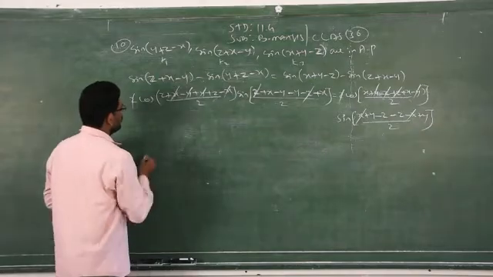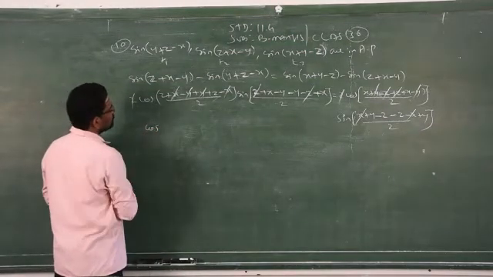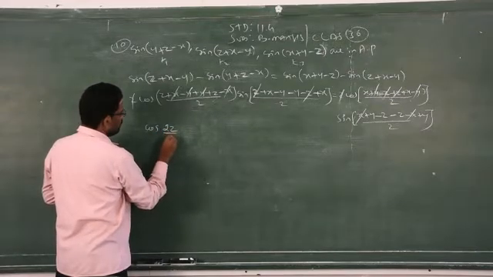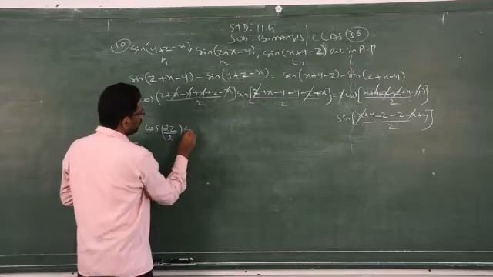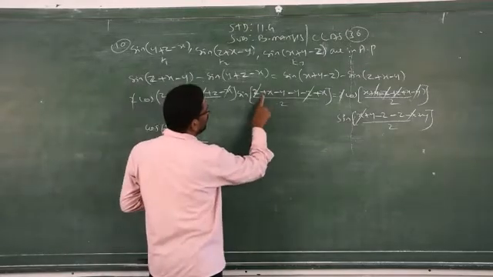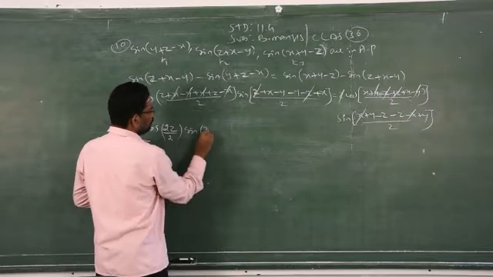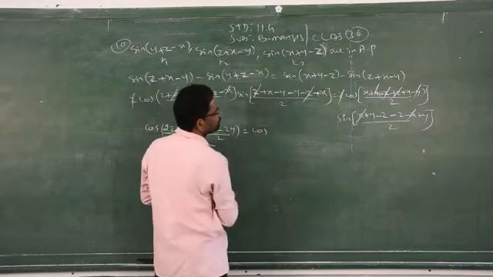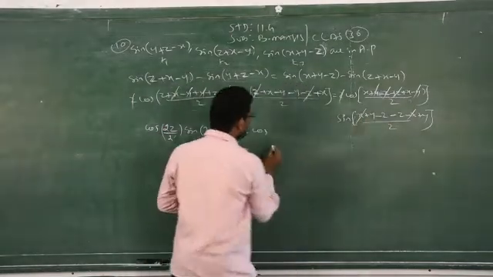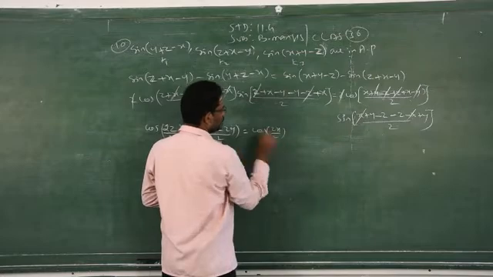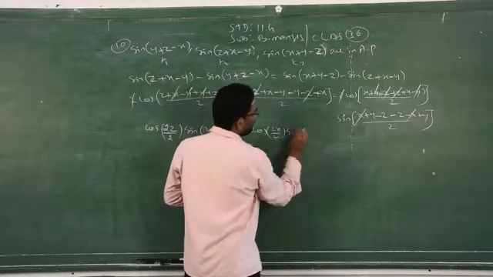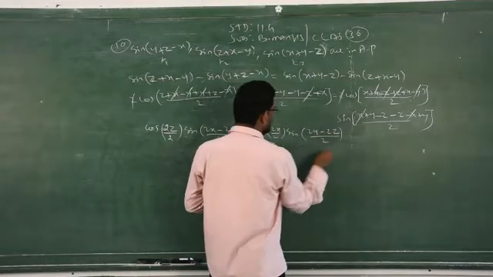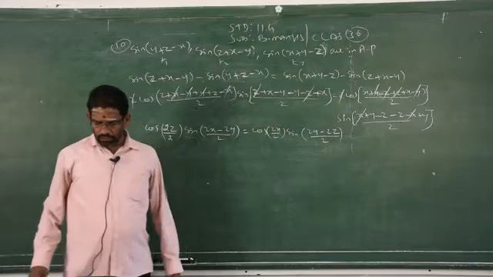So now you have to rewrite the remaining part: cos 2z by 2 sin (x plus x, 2x, 2x minus 2y) by 2 is equal to cos 2x by 2 sin (2y minus 2z) by 2. See, you will get finally this format.